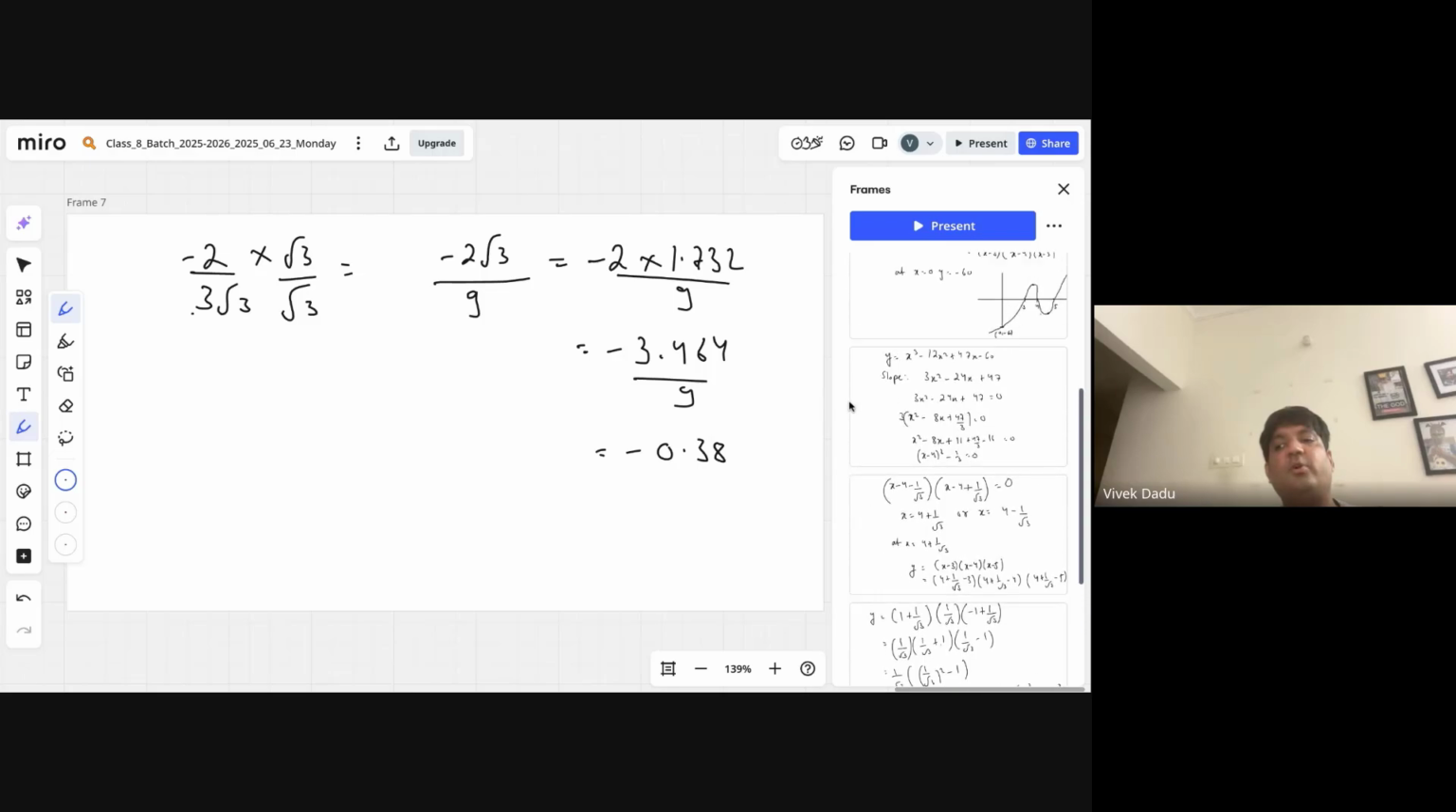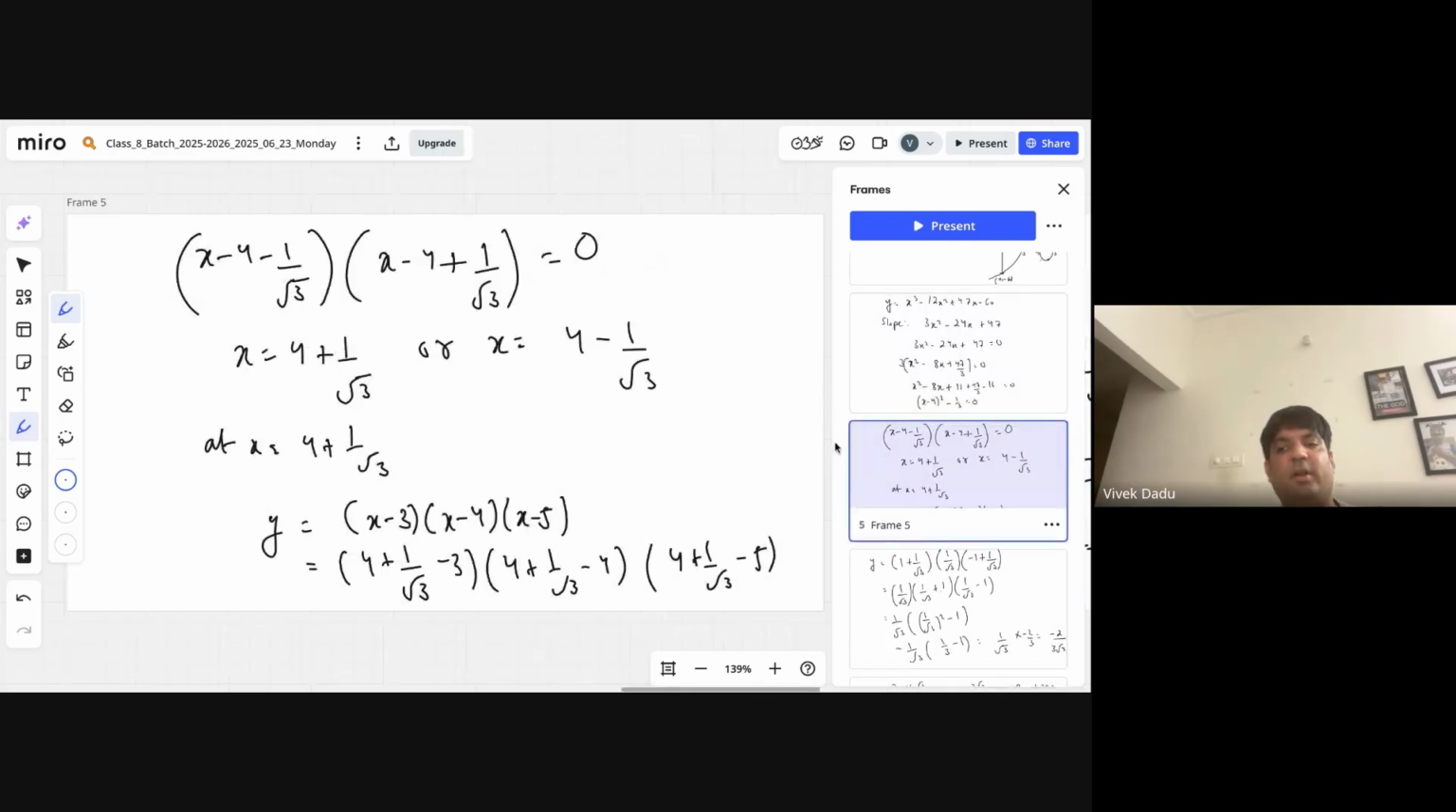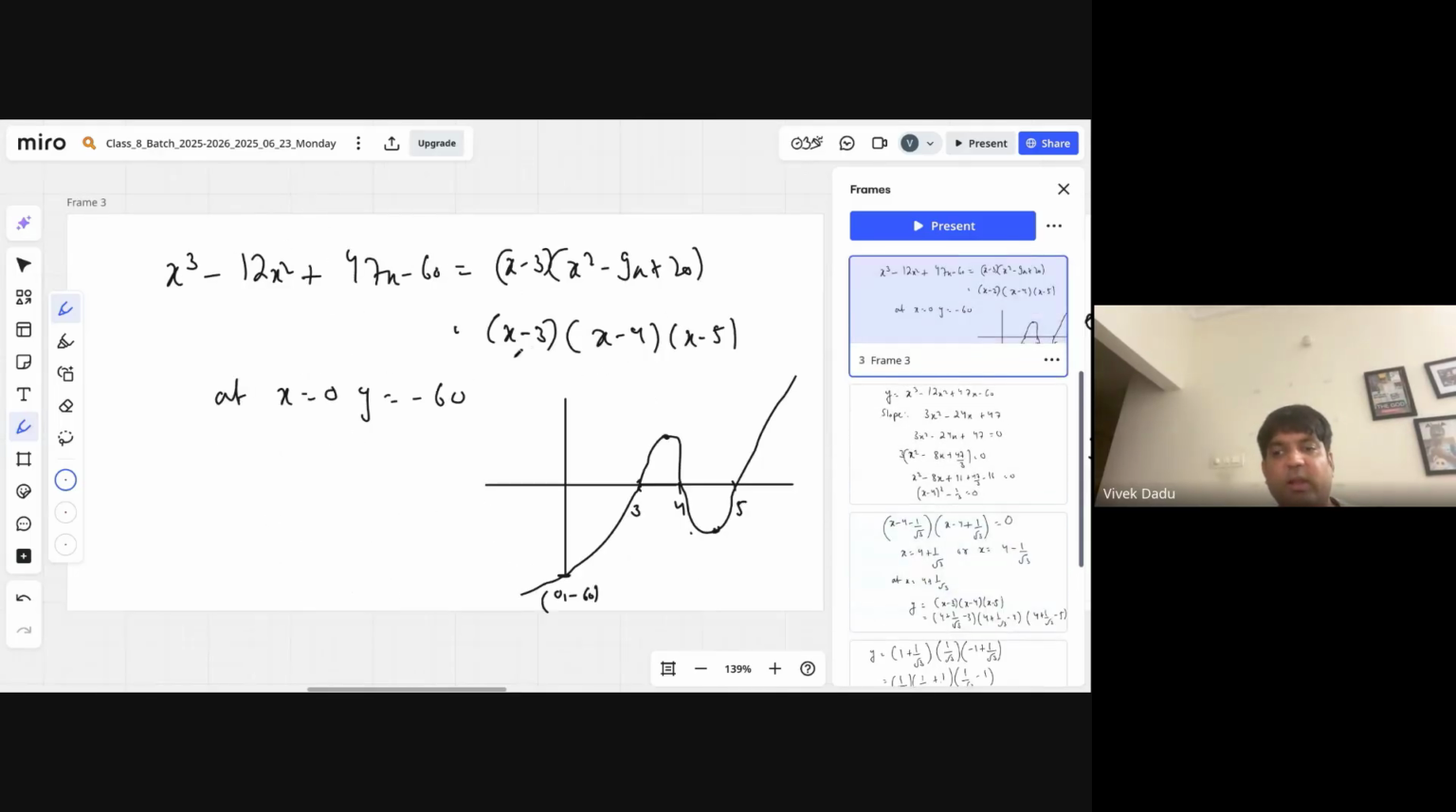Now look at it. Actually, the question is over. You don't need to calculate the second turning point. The second turning point was 4 minus 1 by root 3, right? And the first was 4 plus 1 by root 3. Look at the graph. Where does 4 plus 1 by root 3 lie? Between 4 and 5? And this turning point lies somewhere here. So this turning point we already have, 4 plus 1 by root 3,